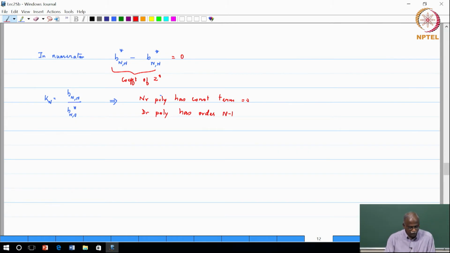So therefore, we can write the transfer function z inverse Gn minus 1 of z, that